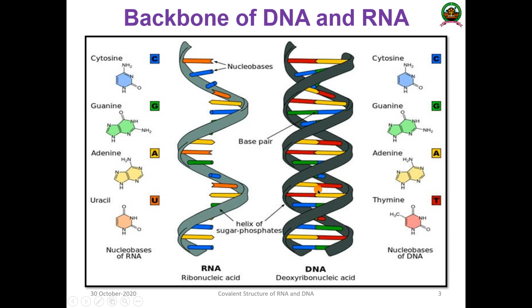And the fourth one, again a weak interaction, is the interaction of the nitrogenous bases from one particular strand, one base pair, with the nitrogenous bases of the other pair that is just beneath the first one. That is known as base stacking. So these are the four major types of interaction that commonly stabilize the DNA double helix.